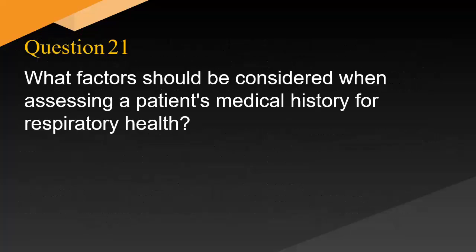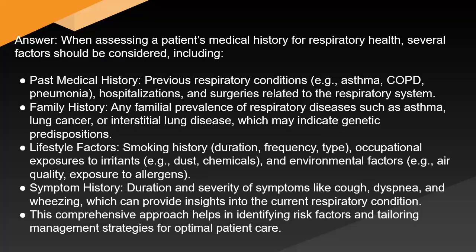What factors should be considered when assessing a patient's medical history for respiratory health? Answer: when assessing a patient's medical history for respiratory health, several factors should be considered, including past medical history, previous respiratory conditions, e.g. asthma, COPD, pneumonia, hospitalizations, and surgeries related to the respiratory system; family history, any familial prevalence of respiratory diseases such as asthma, lung cancer, or interstitial lung disease, which may indicate genetic predispositions; lifestyle factors, smoking history,